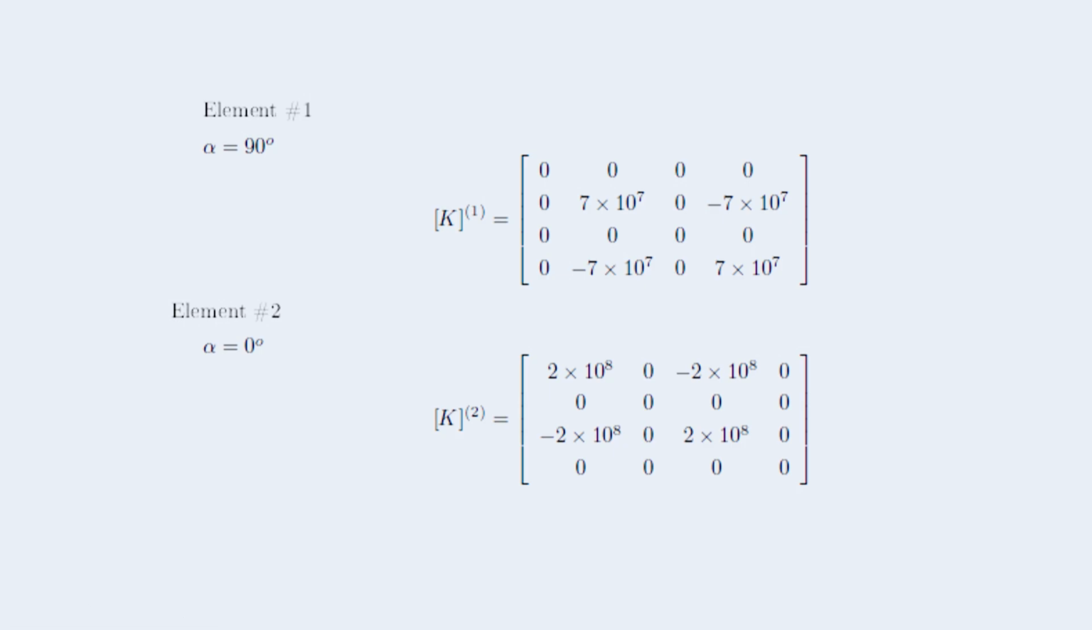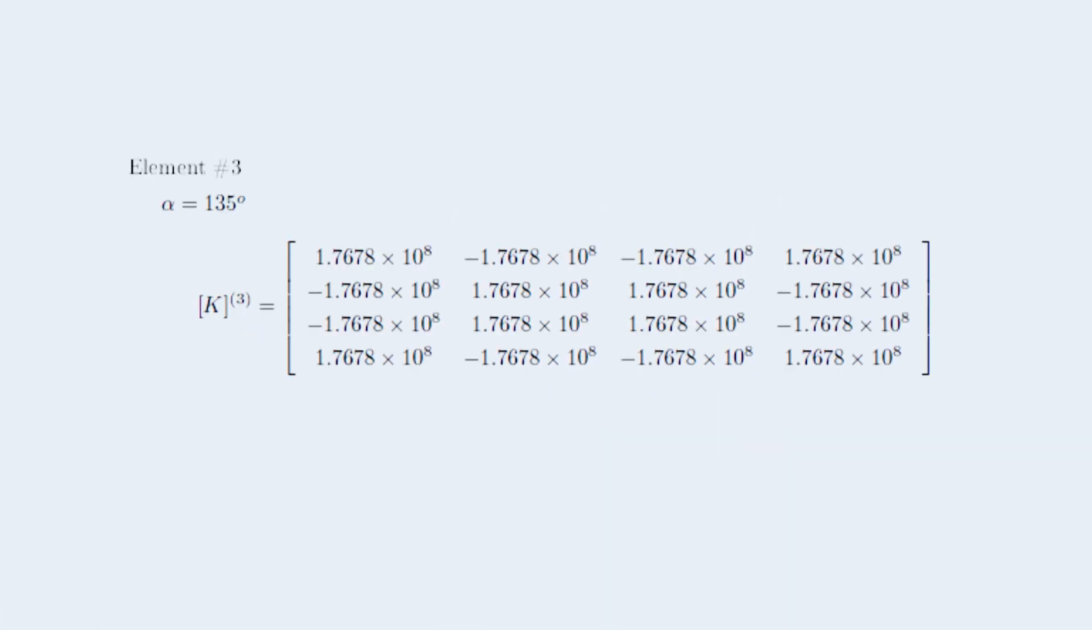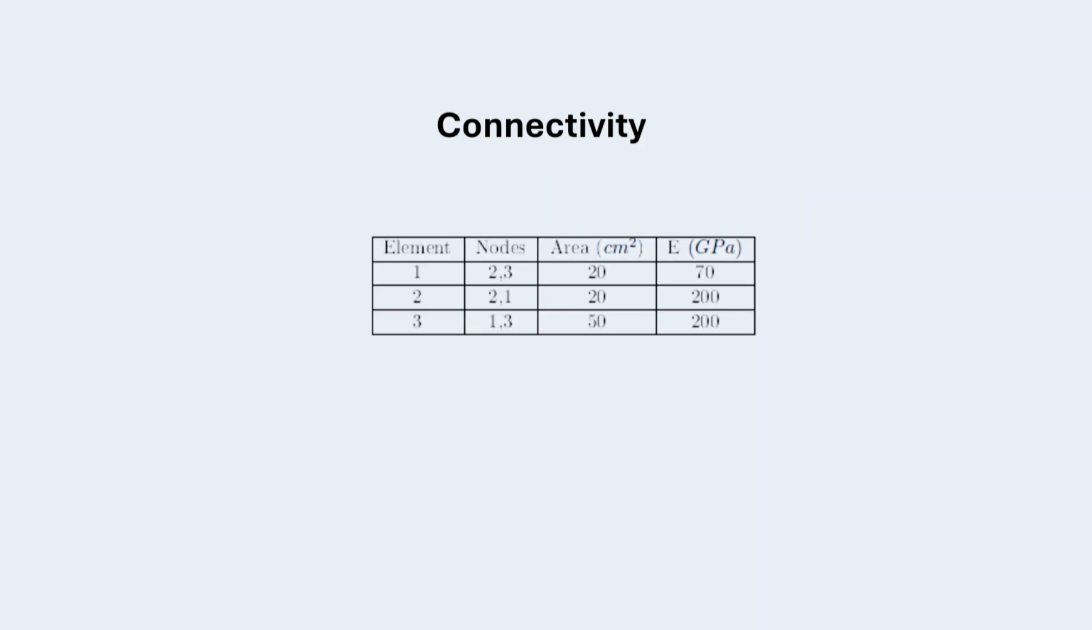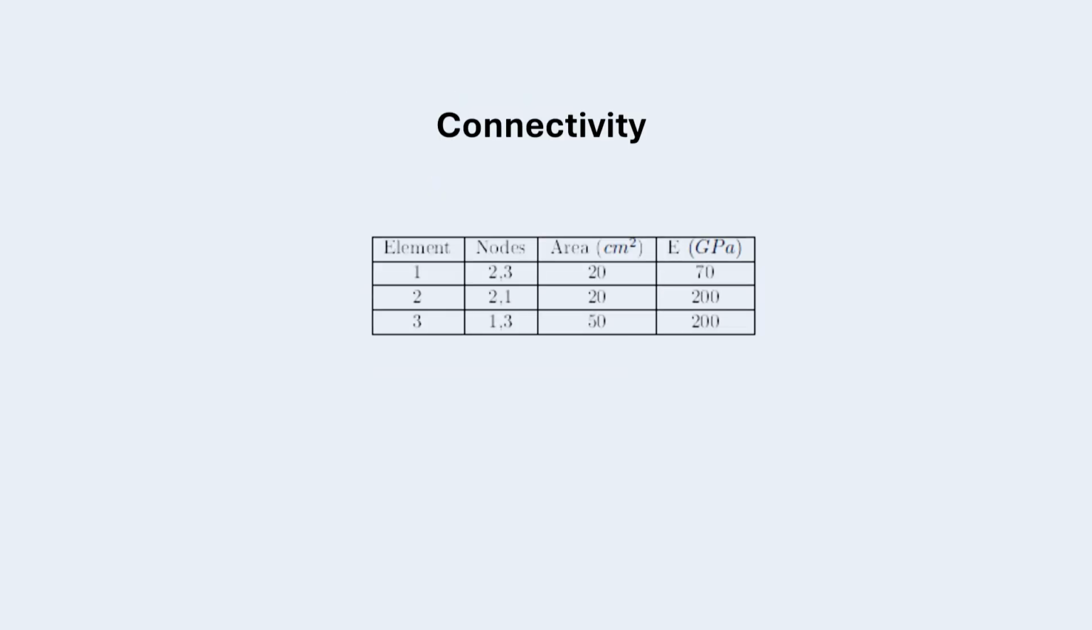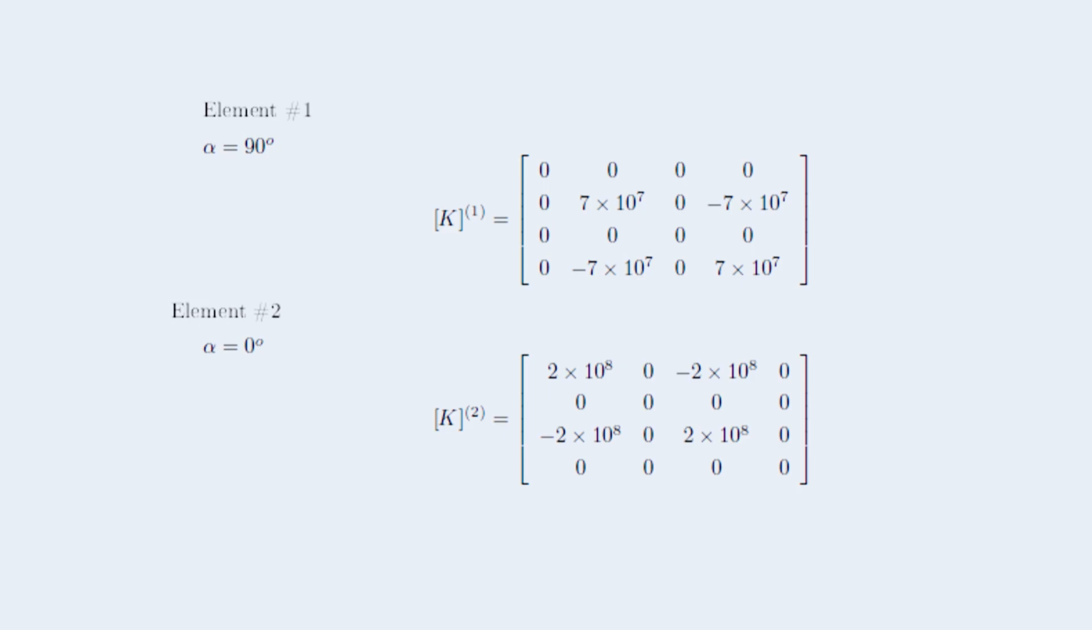Similarly, element 2, as I said, can be considered as alpha equal to 0. Element 2 is along the direction 2 to 1. Here it is also very important that node 2 is considered to be the ith node, the first node, and node 1 is considered to be the jth node. As such, the direction of element 2 to 1 is at an angle of 0 degrees from the x-axis. So element 2 is at 0 degrees, and then the stiffness matrix comes out to be like